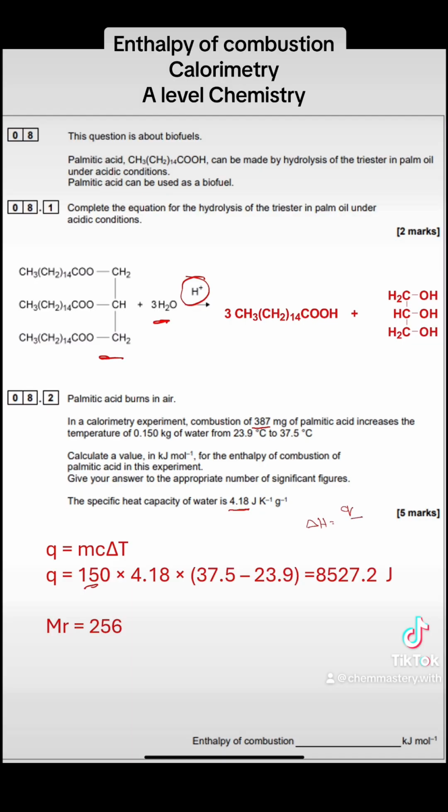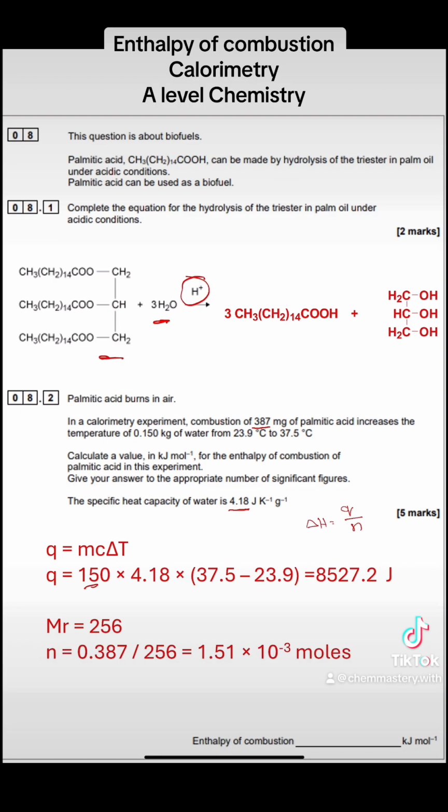Now we need to find the enthalpy of combustion, and we get it from the equation delta H equals Q over n, where n is the number of moles. So first we need to calculate the number of moles of palmitic acid. First of all, you need to find the relative formula mass, or the relative molecular mass, of palmitic acid, and when you calculate it, it's